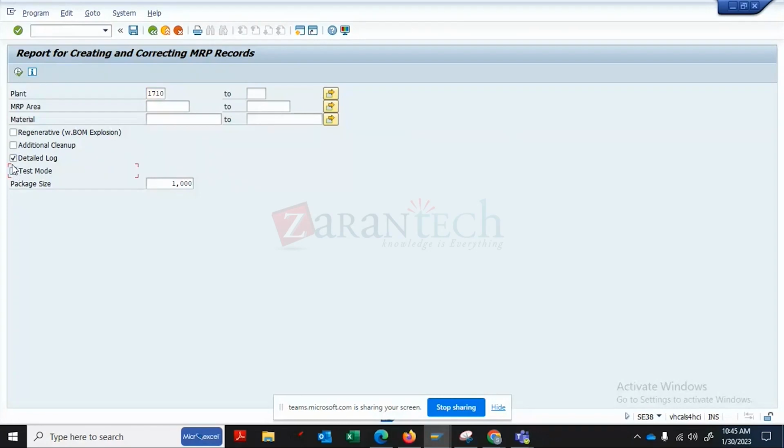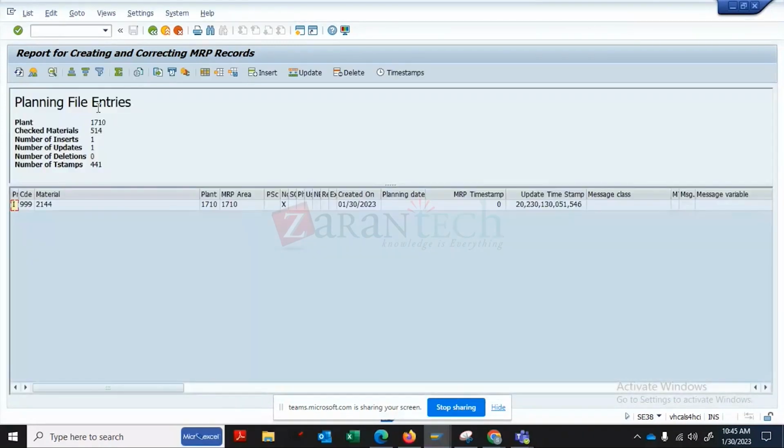correcting the records. This will do unnecessary low level code creation which could have happened over the years, that can be reduced. So these are all performance improvement things. See, there is a 999 low level code for this material. When this 999 is assigned,